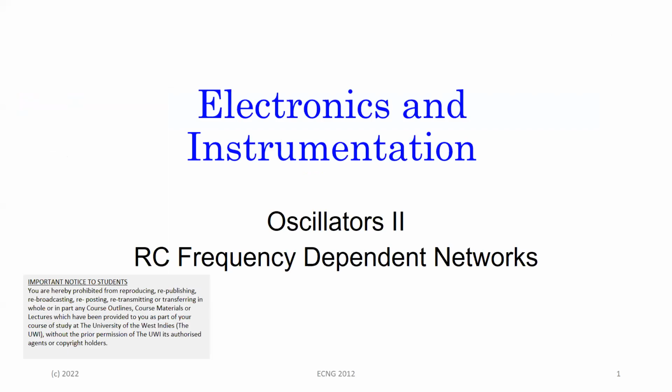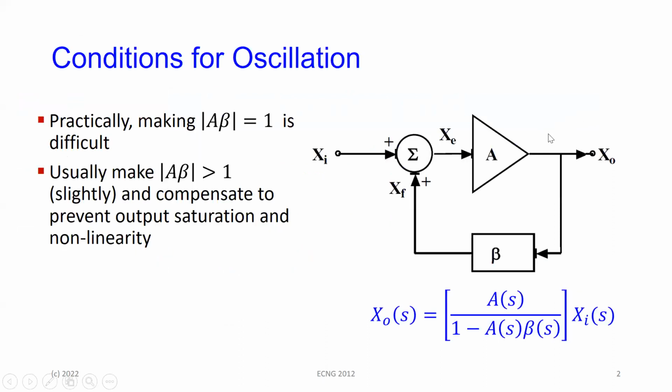Okay, so what we're going to do now is to spend a little time looking at the first of the RC circuits that give us this sort of behavior. So we just said that. And always remember that, and you would see it as a question that is asked almost every exam. What are the conditions for oscillation, or what do you understand by the Barkhausen criterion? If you ask that, what you understand by it is that in an oscillator,